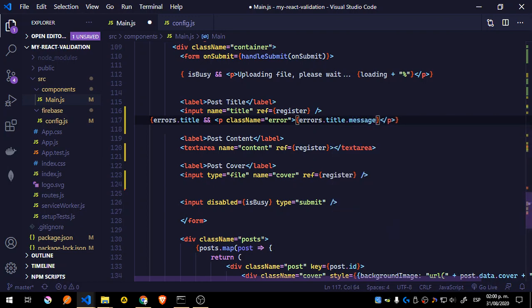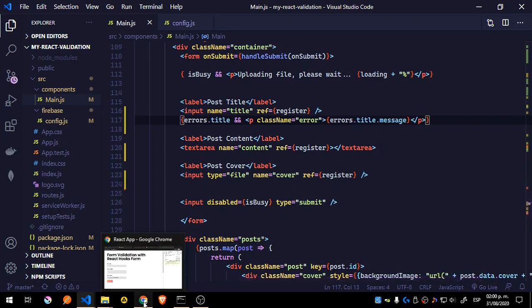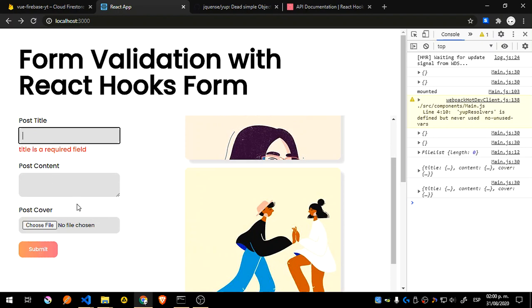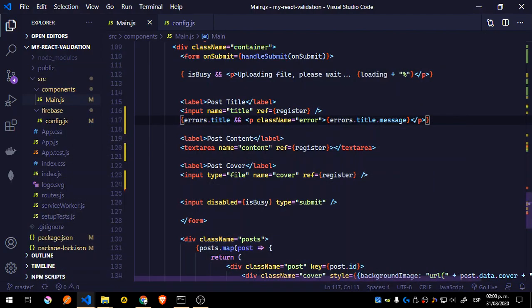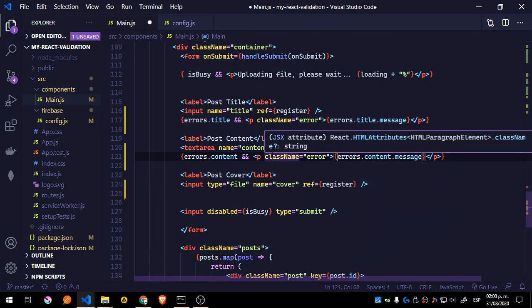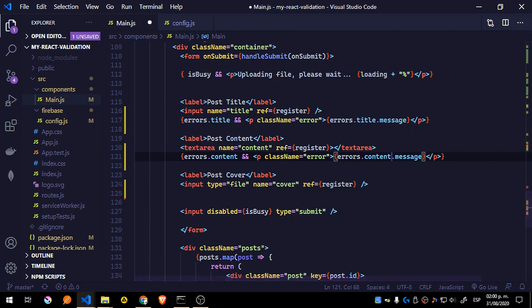So let's see if that works. We can also define our own messages. So submit, and you can see title is a required field. We get that error, and we just do the same for the other one. Okay, let me just copy this. So this one is going to be changed to content, and also this one. But remember, we have a max length here, so